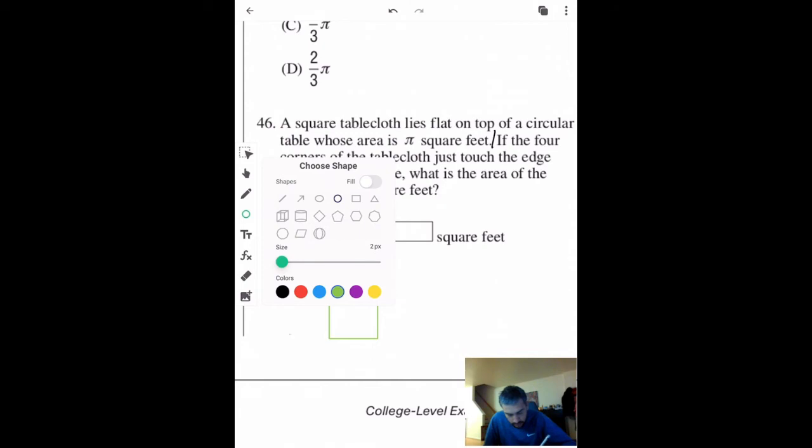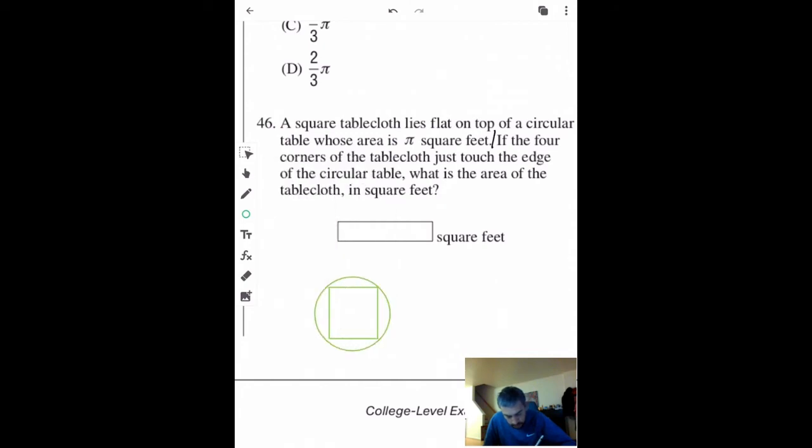So that square is enclosed in the circle. Pay attention. The circle itself has an area of pi feet. Now, if the four corners of the tablecloth just touch the edge of the table, what's the area of the tablecloth? So our circle has pi feet, which means,